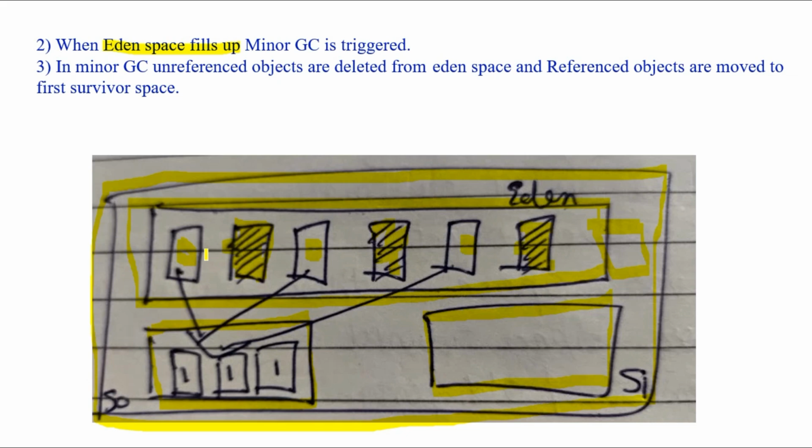Now after the first minor garbage collection cycle, they say, okay, I have recovered, I am still used, I am still referenced in your program, hence do not remove me and please keep me in the survivor space. I am a survivor. I have survived your minor garbage collection cycle. So now these objects which are still used by your Java program are moved to survivor space 0, or the first survivor space called S0 in my diagram. But apart from that, the age is incremented from 0 to 1.